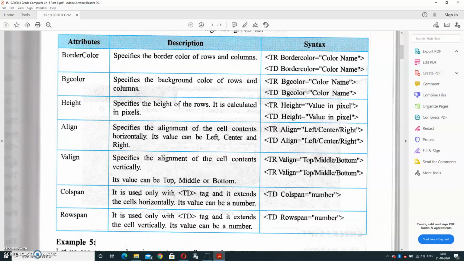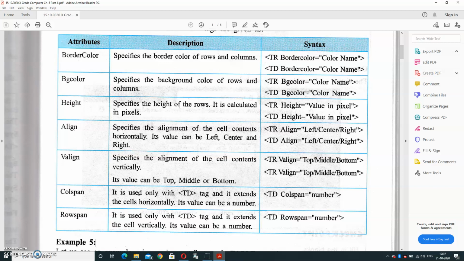Next is rowspan and colspan. Rowspan and colspan, these two are the most important attributes for a table tag. Colspan is used with the TD tag, like TD colspan equal to number. It expands the cell horizontally, and its value can be a number.